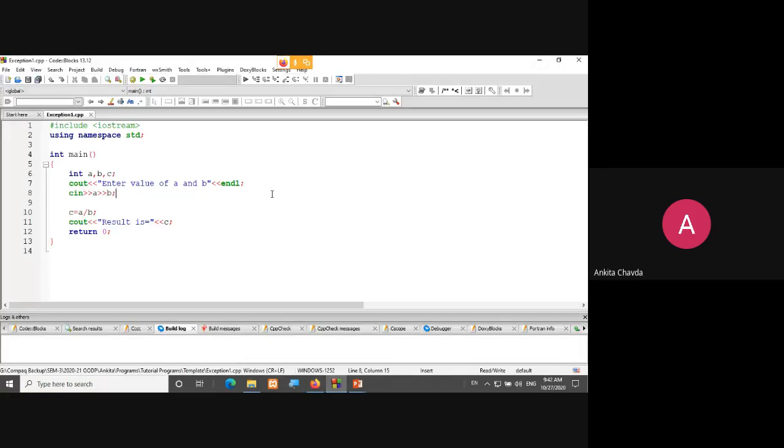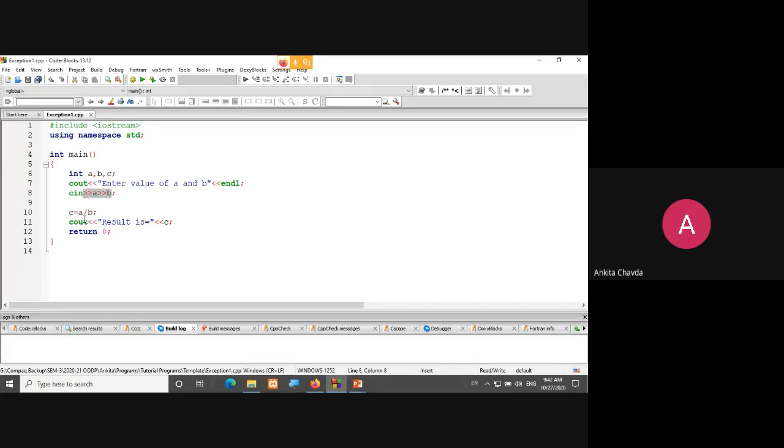Okay. So a very first program, what I've done over here is I've taken three different variables, A, B, and C. And here I'm saying, enter the value of A and B. The user will give some values.